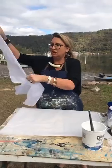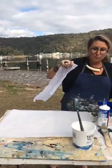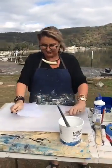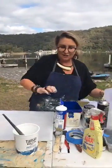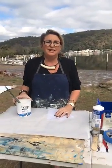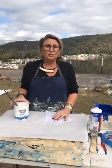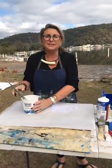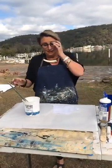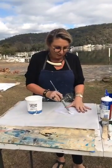small bit, not little tiny scraps. I've had people who put toilet paper on with chunks and stuff, and I think, oh my god. And one guy, hilarious, he actually put on All Bran. Hold on, I just want to take my jumper off. He actually put All Bran on. No, you do not put All Bran on as texture, because the rats and mice will eat it and it'll deteriorate. Okay, so we're going to use just basic tissue paper today,